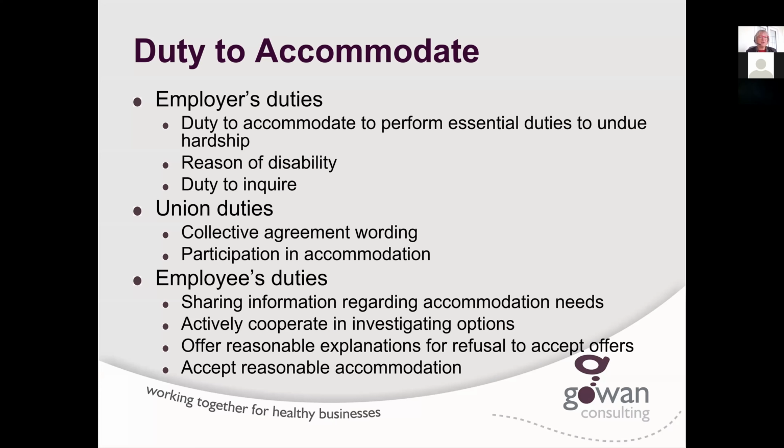Also, if you as an employer see behavioral changes or performance changes in the workplace that are impacting that employee, you have a duty to inquire if the performance changes that you're seeing may be related to a disability. Those are your responsibilities as an employer under your duty to accommodate.